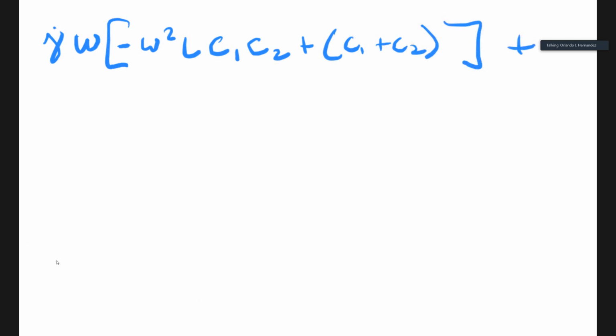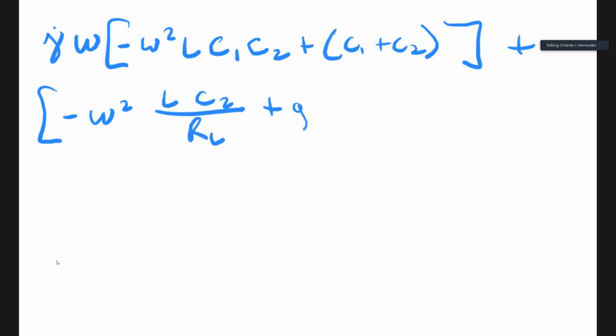So that's the imaginary part. And then the real part is minus omega squared L C2 divided by RL plus GM plus 1 over RL